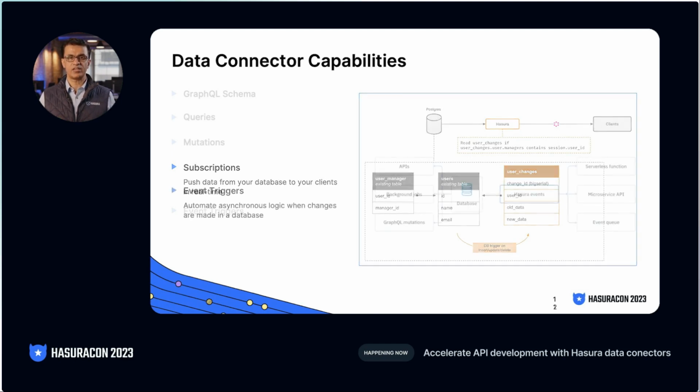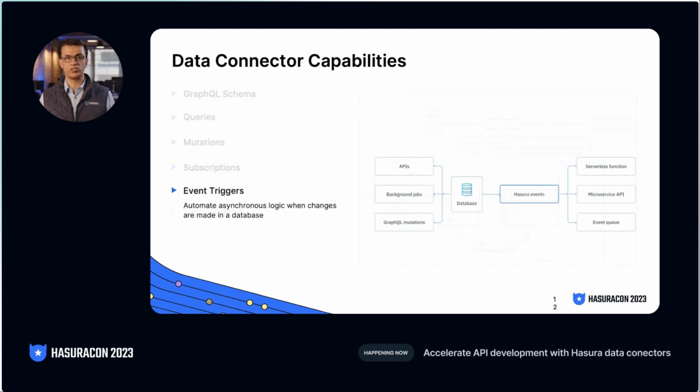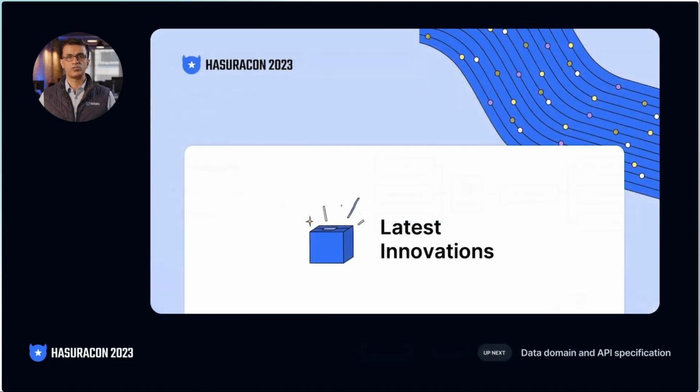Then we have event triggers that allow you to call business logic when changes are made in a connected database. For example, you may want to send a welcome email when a new user is created in the database. All right, so now that we've talked about what data connectors do, let's look at some of the latest innovations